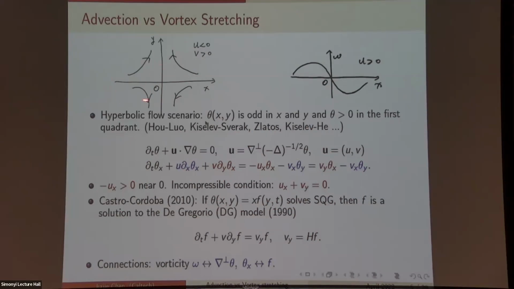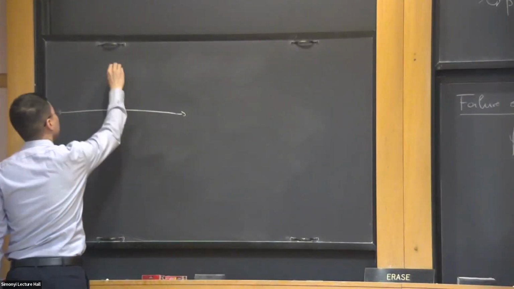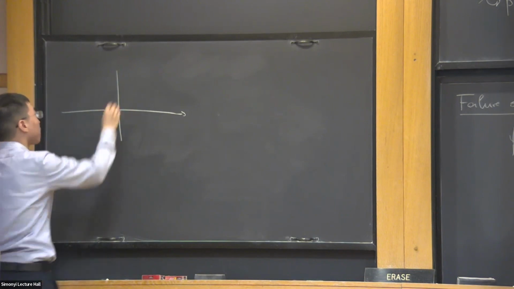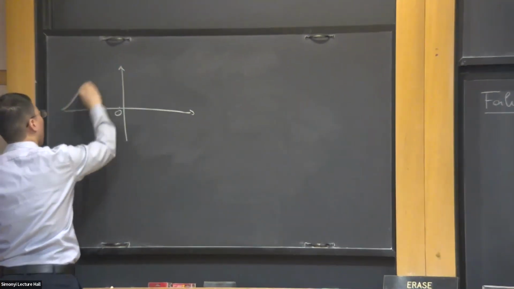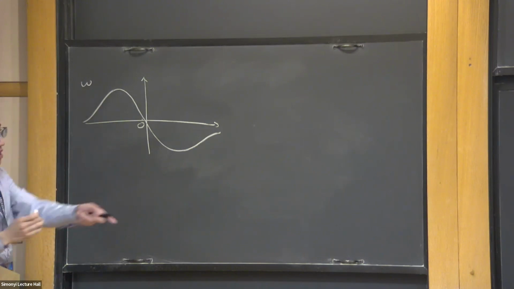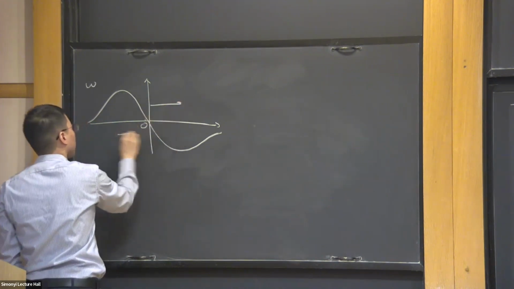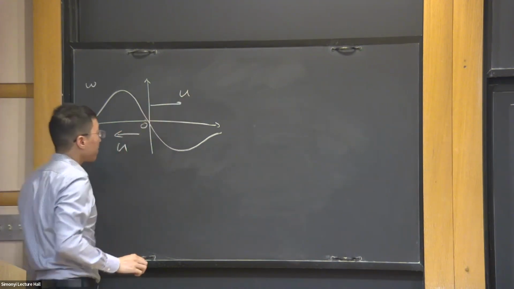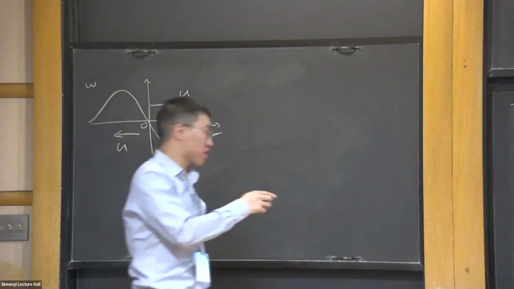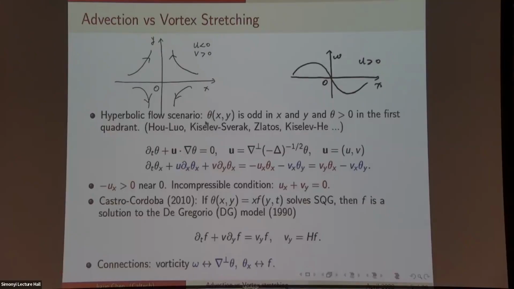And this hyperbolic flow structure reduces to this picture, but let me explain a little bit. The solution in this model will be an odd function. Suppose this is the origin in 1D. The solution will be an odd function, and it will be negative in half of the domain. I will call this function omega, but here it is f, though I draw it here as omega. And the flow moves away from the origin. I will use this configuration many times in this talk. This configuration actually relates to the hyperbolic flow in the SQG.